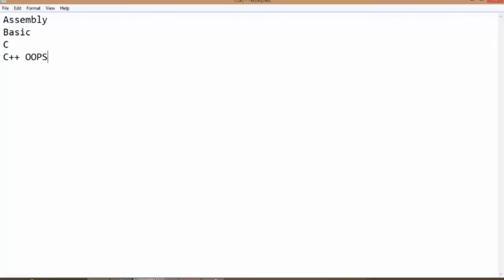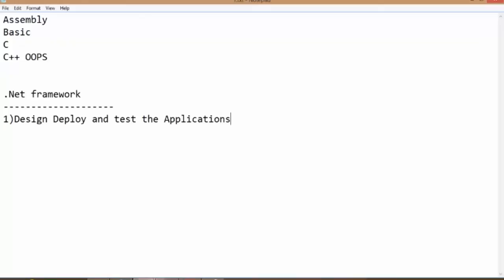So what are the benefits we have in the .NET framework? The first feature is that we can design, deploy and test applications. It's a complete package, a one-stop solution for any kind of functionality depending on the application.